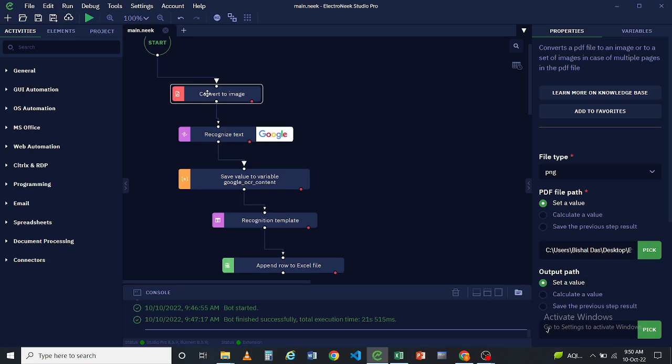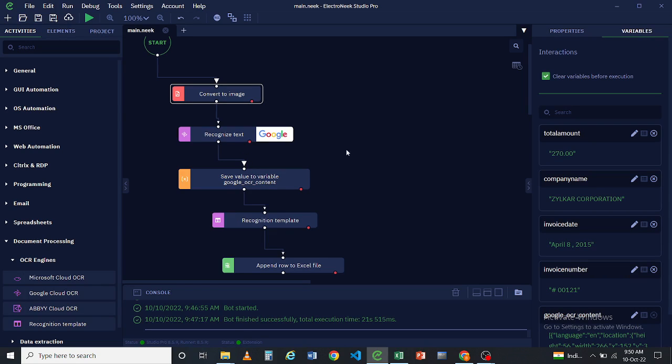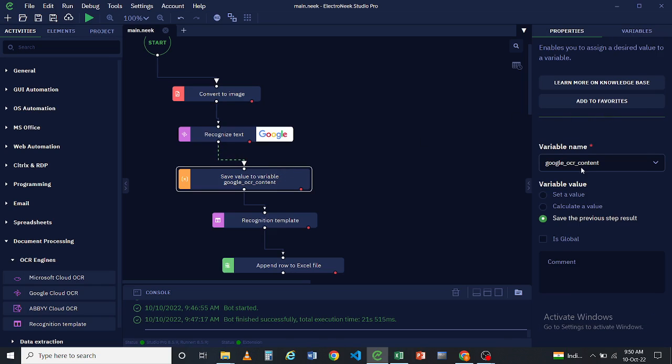In the first phase of my POC, I convert the PDF to an image output path where I select the file type in PNG form, and after that I select from the document processing path, and I select the OCR Engine Technology, through which I selected the Google Cloud OCR Engine Technology where I recognize the image, and I give the path of the value to the Google OCR content. After that, again from that OCR engine path,